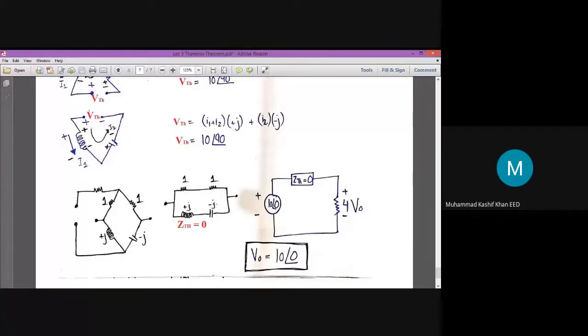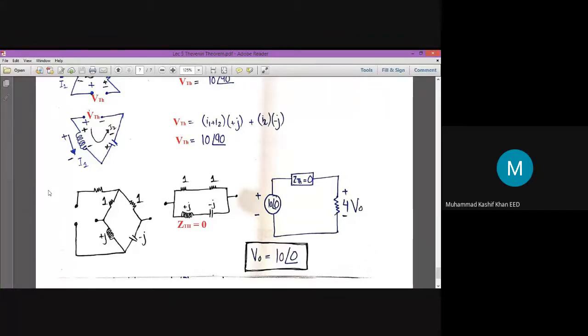The lower ones will be, and the upper one, 1 plus 1, will be 2, right? But there will be a short circuit over here. There will be no impedance. The impedance in this lower branch will be 0. So you will take the parallel combination of both. The parallel combination of both will come out to be 0. You do not have to consider only the upper branch. You have to take this lower part of the circuit.